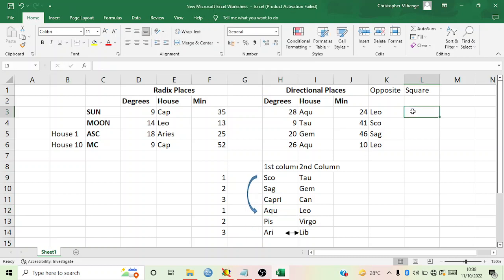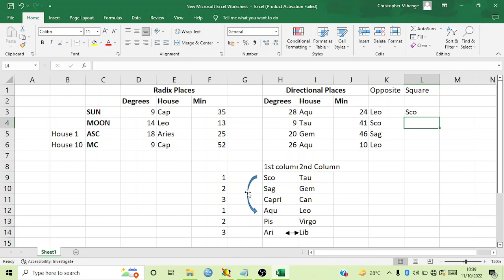So we're going to put Scorpio here, right? Then we'll put Taurus here, right? So I'll put Taurus,